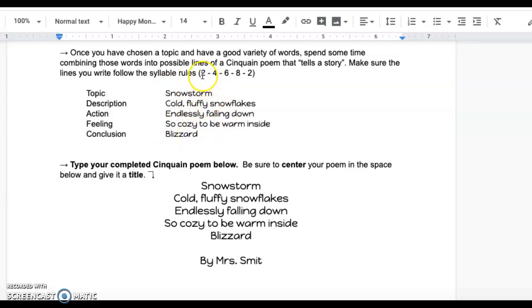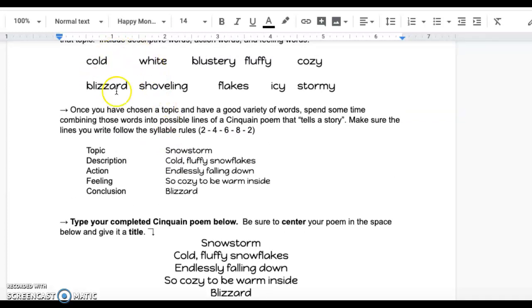Remember, our syllable rules are 2, 4, 6, 8, 2. And typically a cinquain would have the topic as the first, and then a description of that topic, an action of the topic, a feeling that you feel about the topic or that the topic gives you, and then a conclusion.